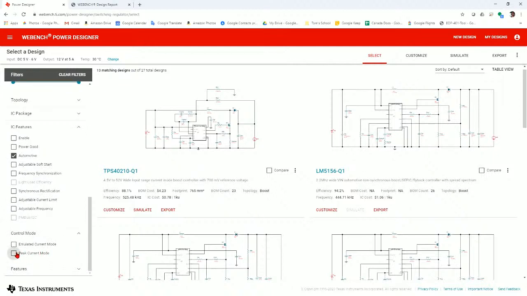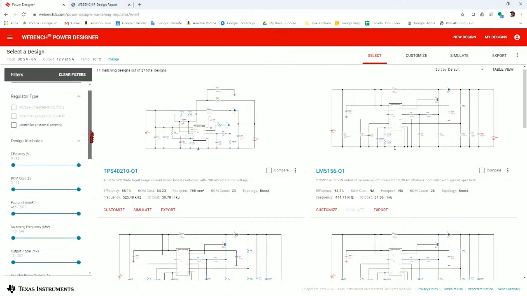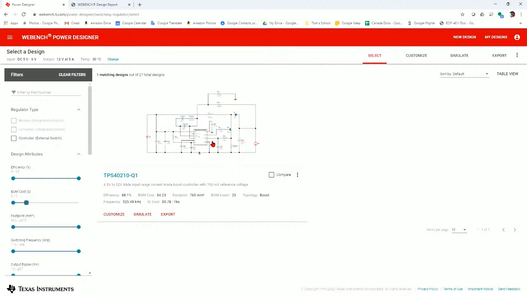Therefore, we go for peak current mode, and it now goes down to 11. We know that the design has to be flexible. Therefore, we've got a controller, but that's our only choice at the moment anyway. And we know that the BOM has to be less than $5. So if I take that and I reduce it down to $5, we actually end up with just one match, which is a TPS40210-Q1, an